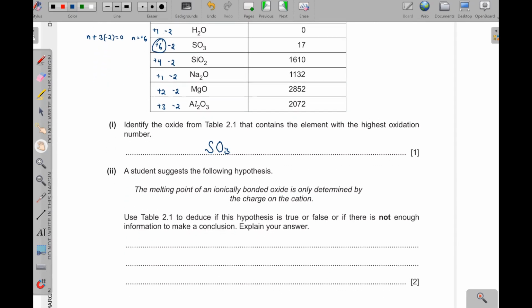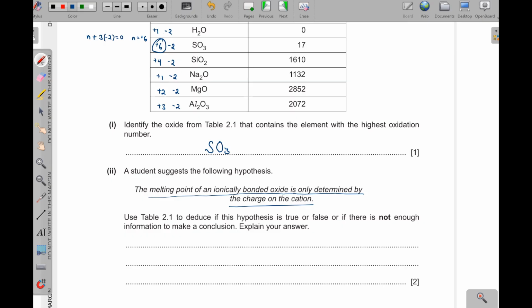Okay, then next, a student suggests the following hypothesis. The melting point of an ionically bonded oxide, ionically meaning the bonding there is ionic, so therefore it is between a metal and a non-metal, is only determined by the charge on the cation. Now, this one simply implies that the higher the charge on the cation, the higher the melting point. Not so. But then when I come here,